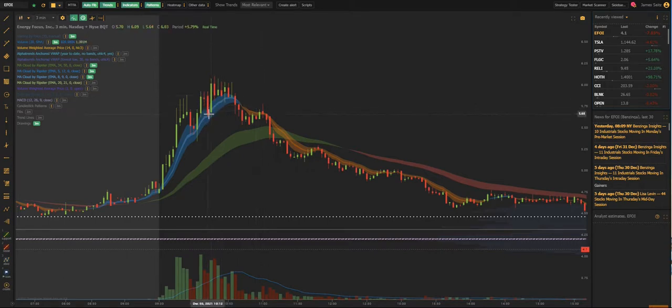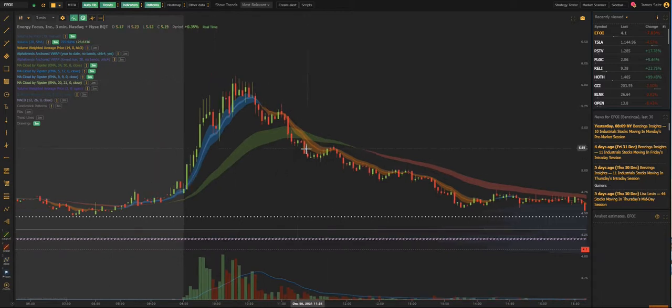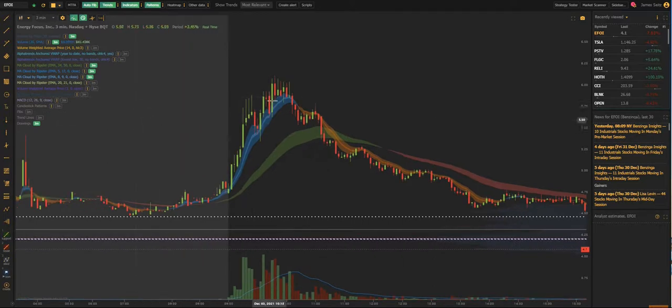So I didn't re-enter there, but that did give a really nice opportunity for another roughly 20% bounce, or 10% bounce, I'm sorry, right there. Like I said, I didn't take it, but just to show the strategy and how accurate these clouds can really be, and how some of these stocks really do respect those clouds and run with them. You can see as soon as this cloud turned against us, it was just a steady downtrend most of the day,